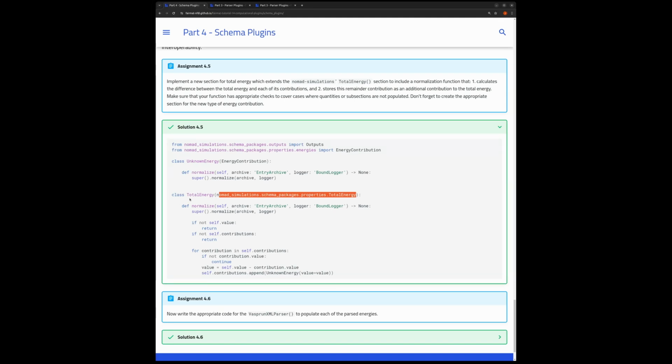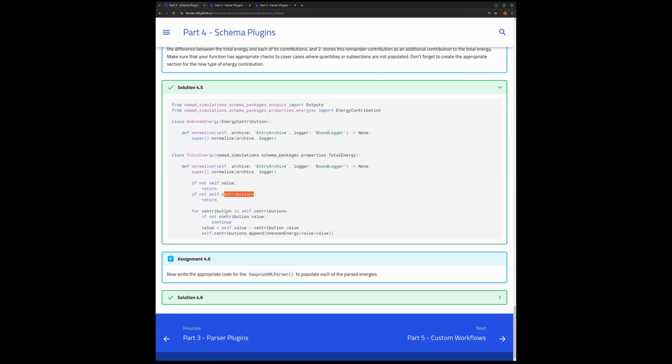And this is identical to that class, but I have a normalization function which then does some calculation. So first it checks if this total energy has a value, and if this total energy has some sort of contributions, it then loops over these contributions and makes sure that each contribution has a value, and then it